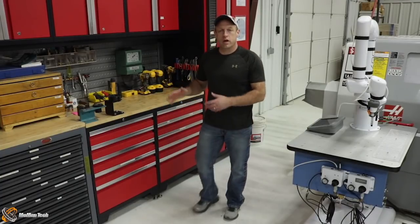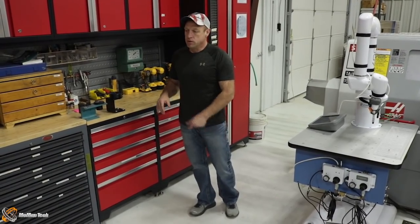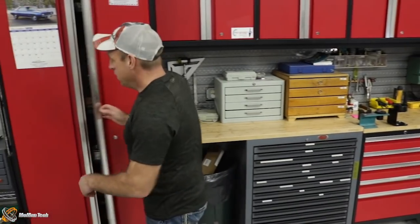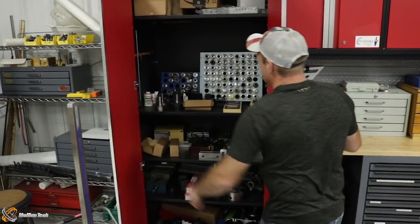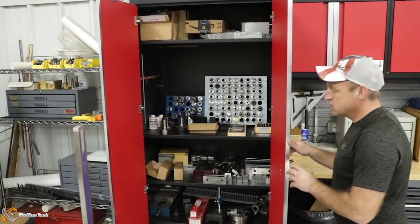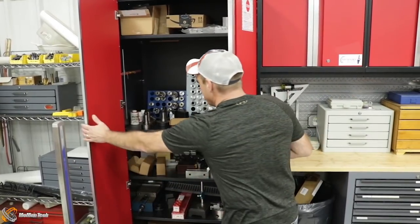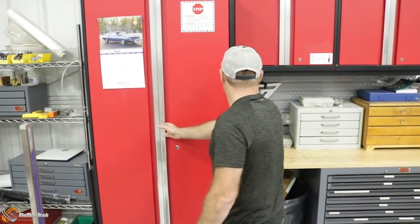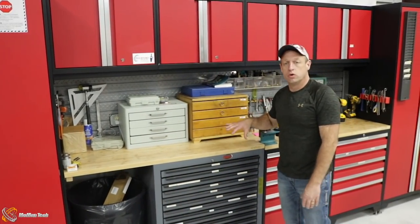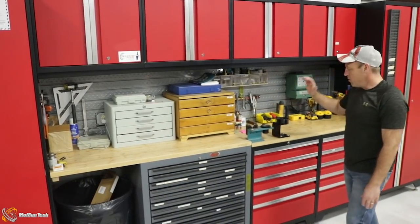While we're over here, I wanted to take a minute just to touch on organization in our shop, just the importance of it. We have set this organization up as a way to obviously store basic tools and fixturing, additional chucks, vices, a lot of the hard tooling and fixturing we use for our mills and our lathes over here. It's also a station for quality control tools, gauge pins, full gauge pin sets. It's our main